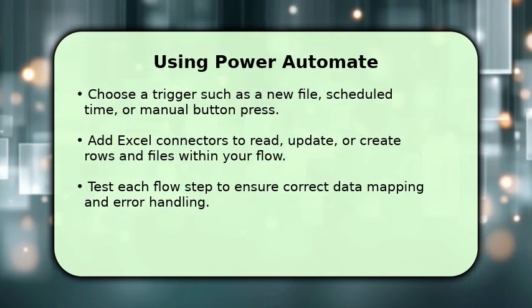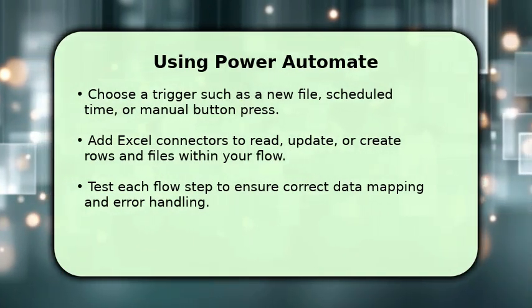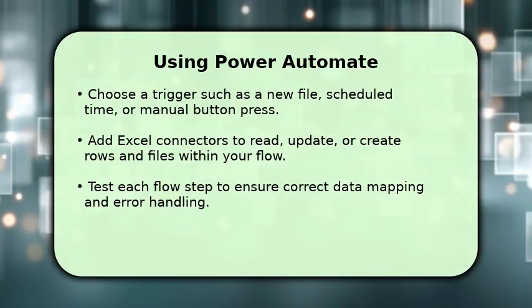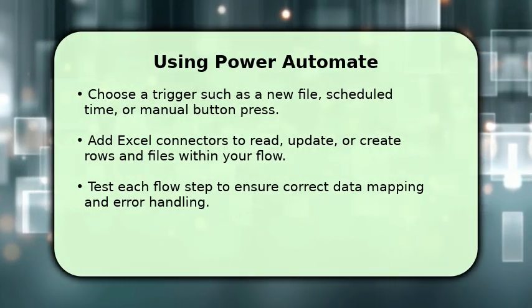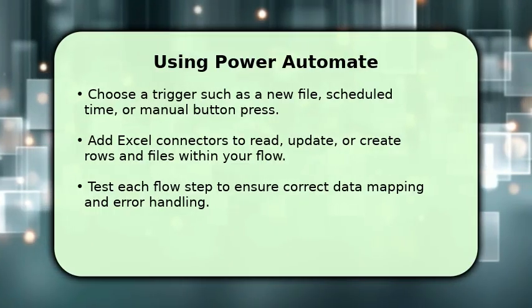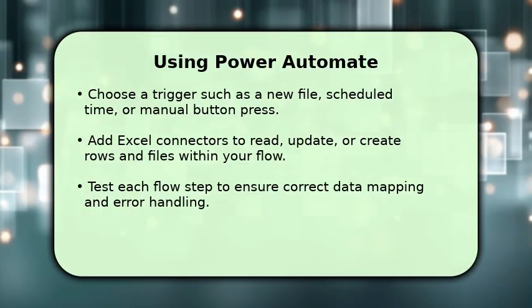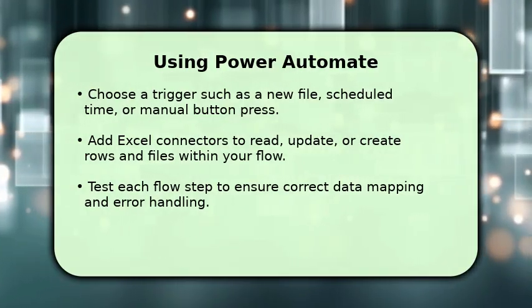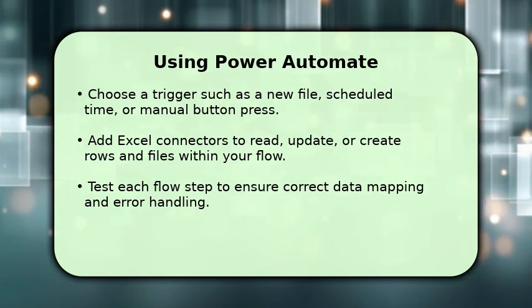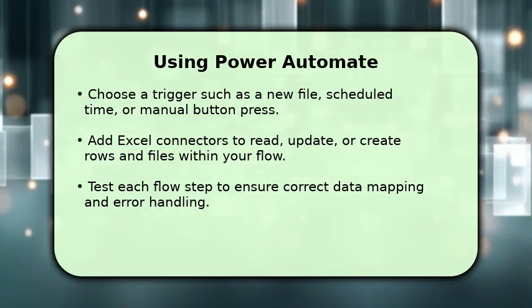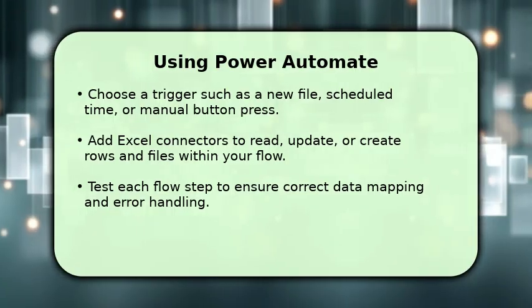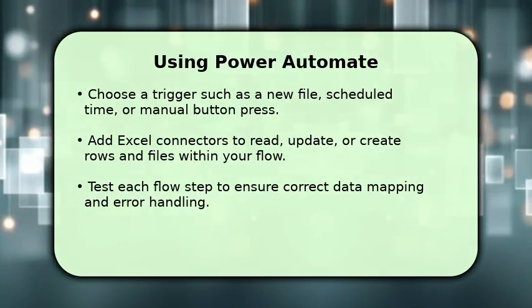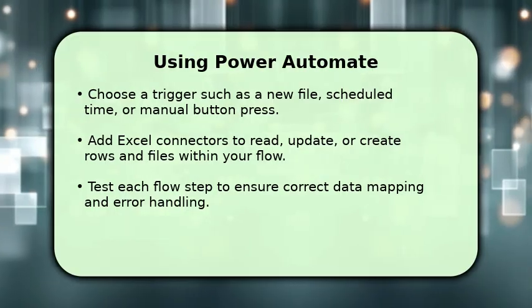Use Power Automate when you need cross-app workflows or scheduled automation that goes beyond one workbook. Pick a trigger like a new file in OneDrive, a scheduled run, or a manual button, then add Excel actions to read or update tables. Map fields precisely, include conditions for errors, and test thoroughly before scaling. I'll cover templates, connectors, and best practices so you can build reliable flows that integrate with email, Teams, or